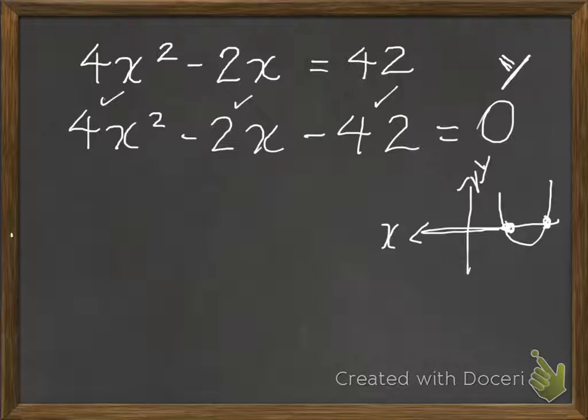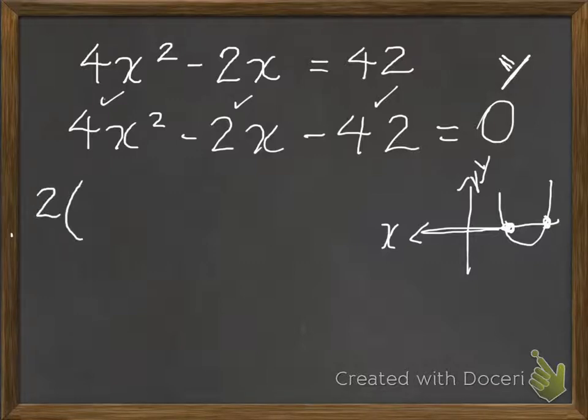Now, we don't have to factor out a common factor here to solve it, but it's much easier. It's a good rule to follow because sometimes you cannot factor if you don't take out a common factor. And it makes it, in any case, much easier if you take out a common factor. And you can see here that between 4, 2, and 42, 2 is a factor of all those numbers. So 2 is a common factor. So if we take it out,